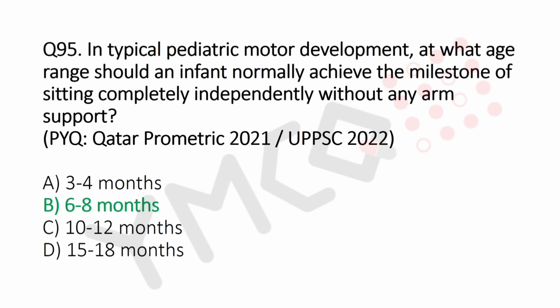6 to 8 months. A baby typically learns to sit by propping themselves on their hands around 5 to 6 months. But by 6 to 8 months, their core strength is enough to sit totally unsupported and play with toys. Okay. Now let's move to question number